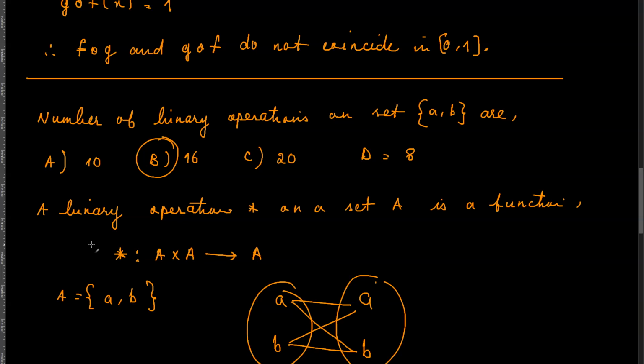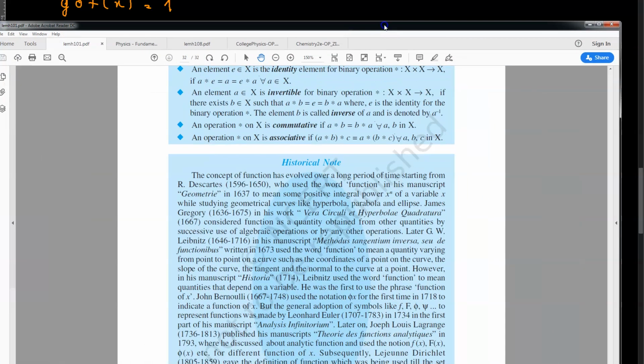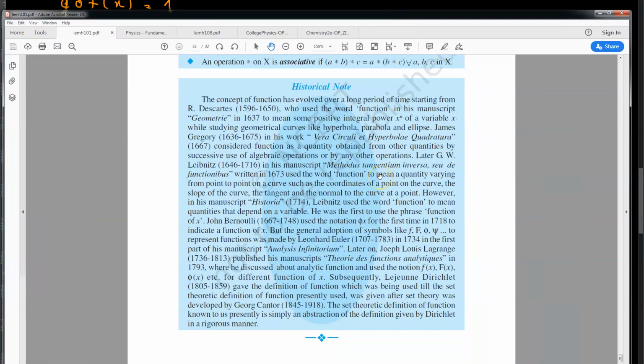Which brings us to the end of this chapter. Okay. Now there is a note over here that says that,